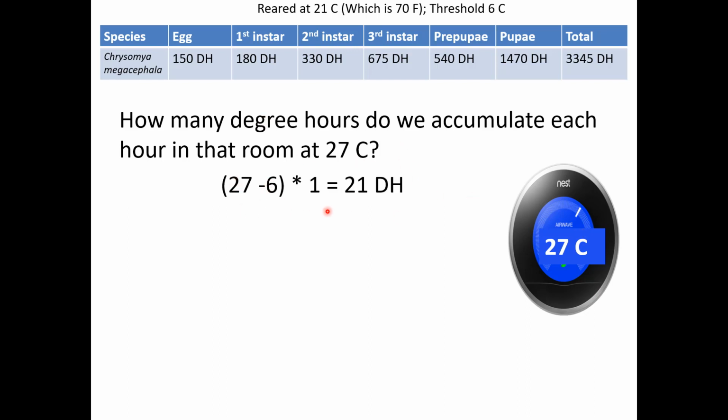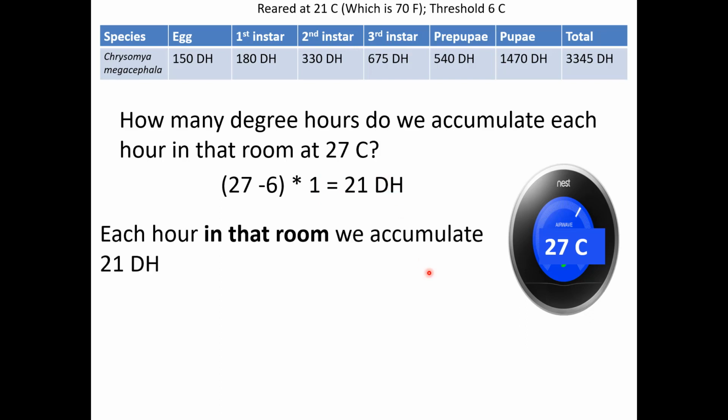So 27 minus 6 times 1 equals 21 degree hours. So each hour in that room, we accumulate 21 degree hours. So try to figure this out. You could either count by 21 in the first hour, 21 in the second hour, etc., or just divide by 150, 0 to 150 degree hours for that stage, you get